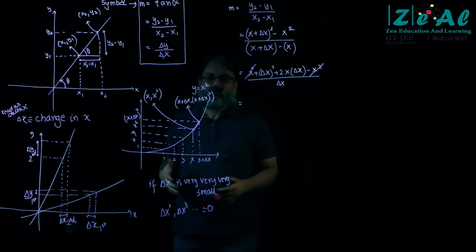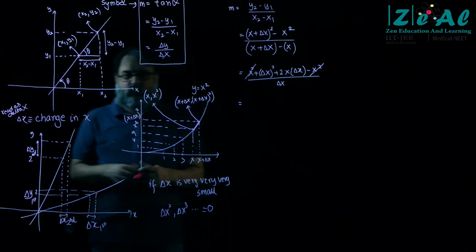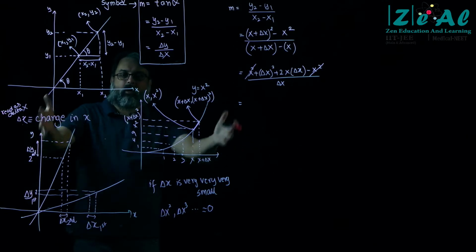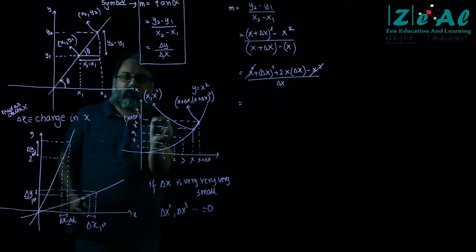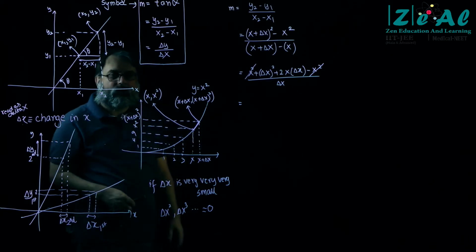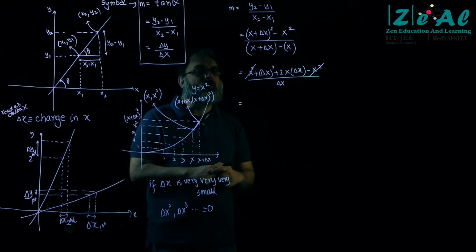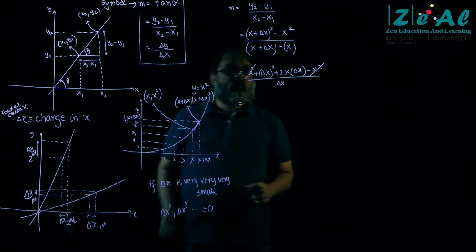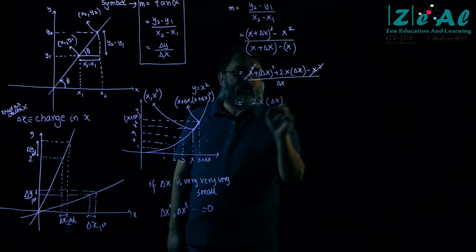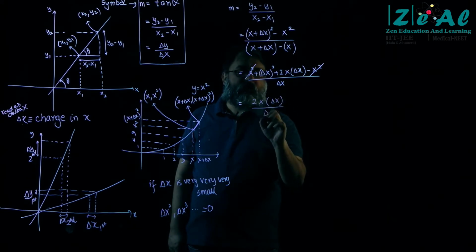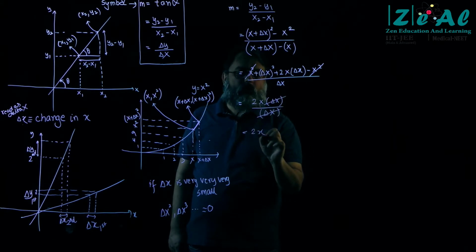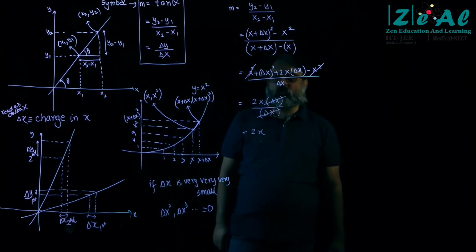After all, if I give you a 1 crore rupees bundle, and with it I give you a 1 rupee coin, you take this also, but you will not be interested in that 1 rupee coin, right? You will only be interested in the big amount. So delta x square goes to 0, and I am left with 2x delta x, right? And this I divide by delta x. So these two cancel out, and I get the slope of the graph as 2x, right?